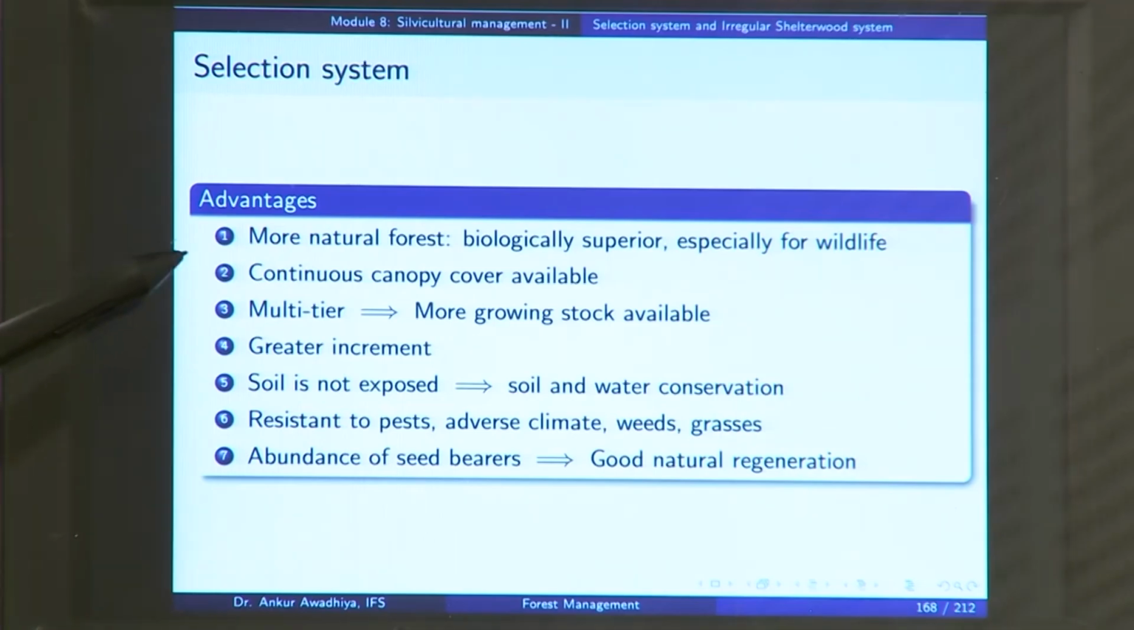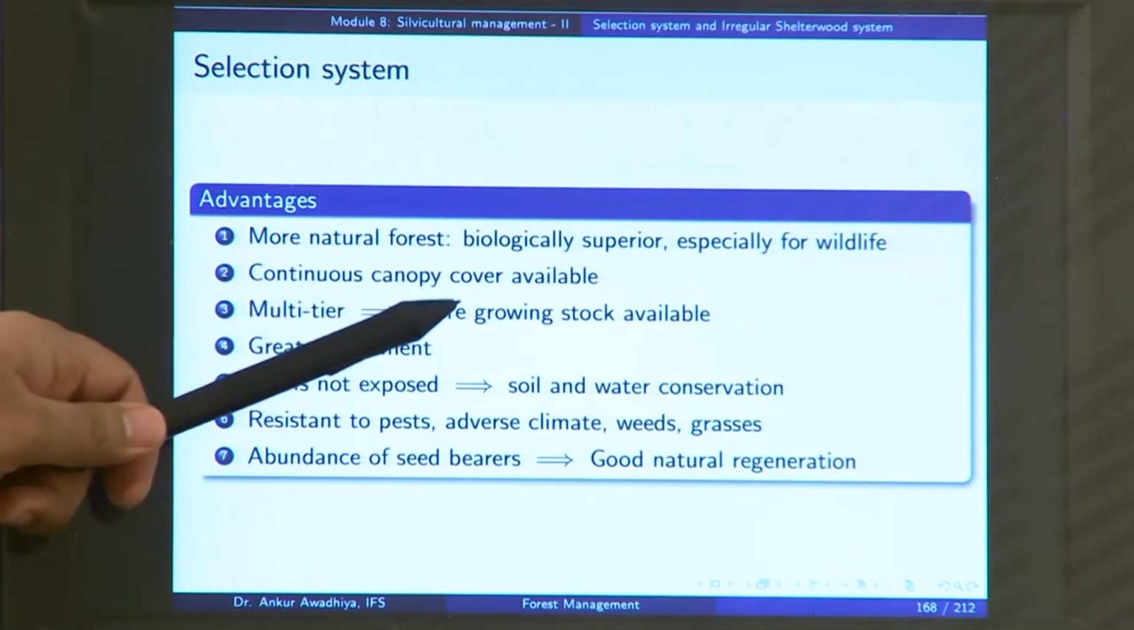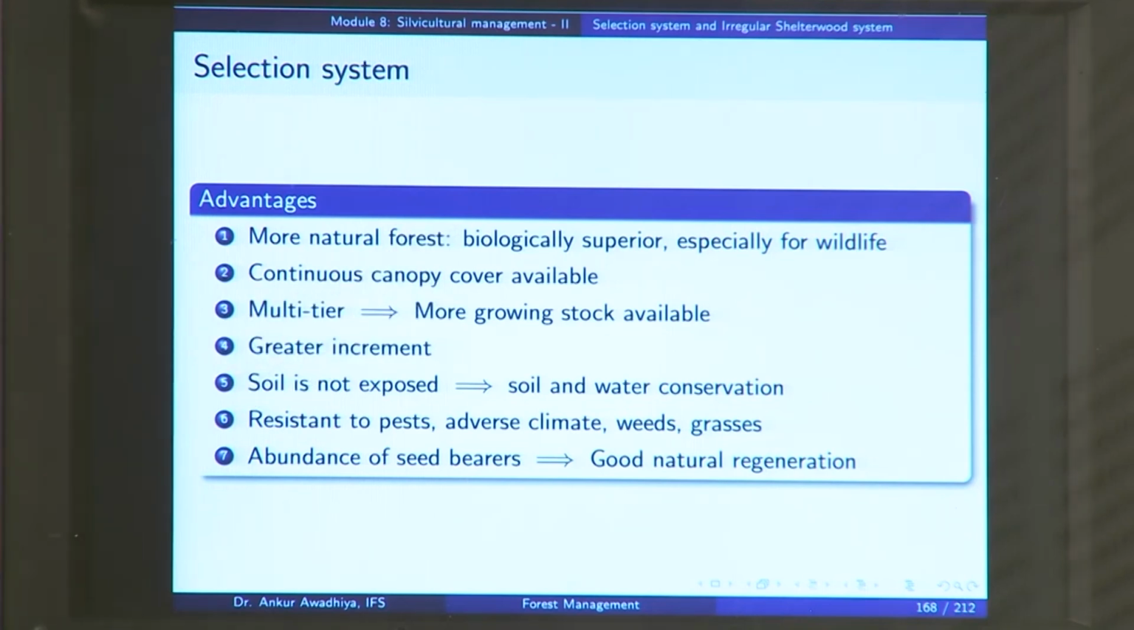Then in most cases, you have a multi-tier forest which makes more growing stock available. This is especially true if you want to manage a forest for, say, carbon sequestration. Now, in the case of a selection forest, because you are having trees of different age classes and you are maintaining them in a natural state, then probably you will also be having a very good under canopy, and you will also be having a very good ground cover,